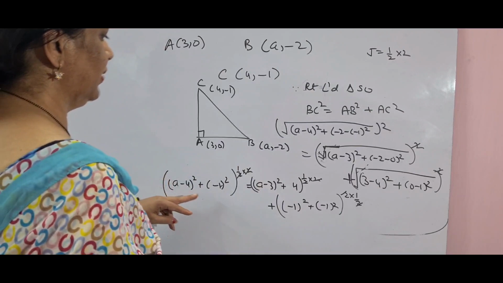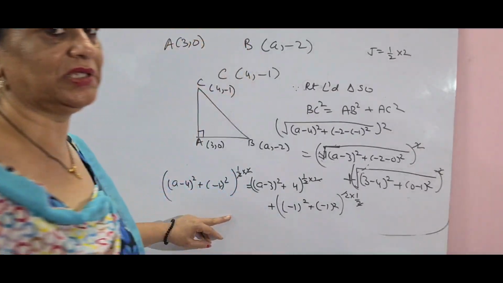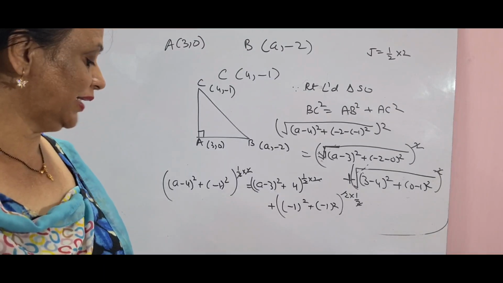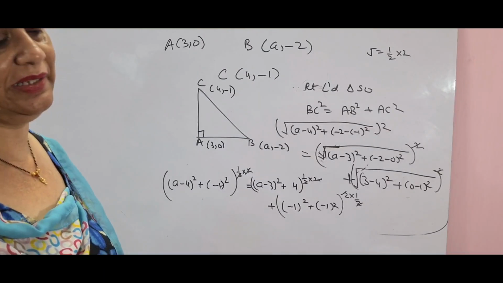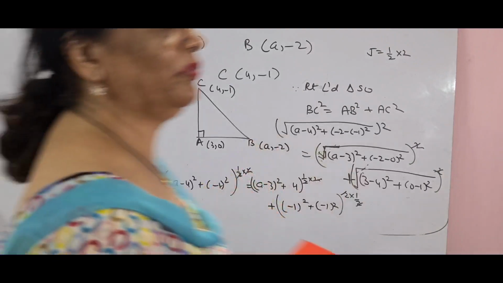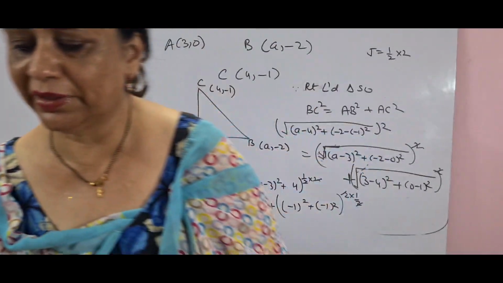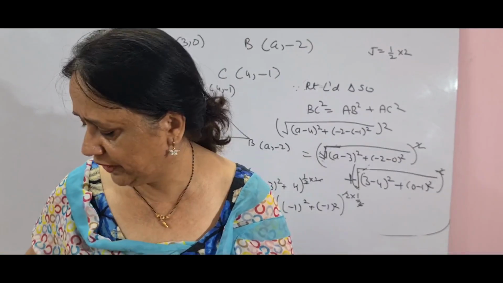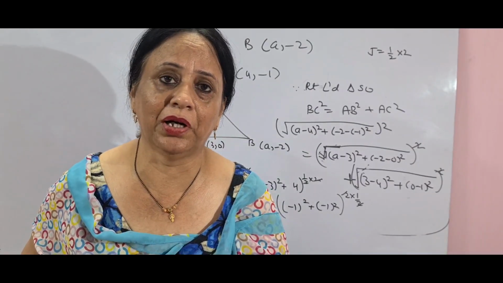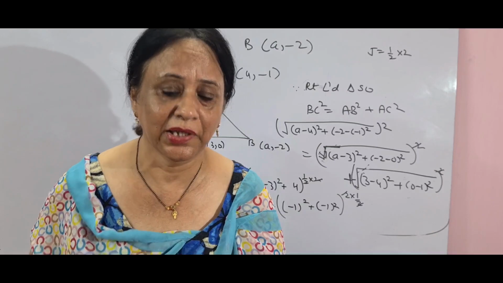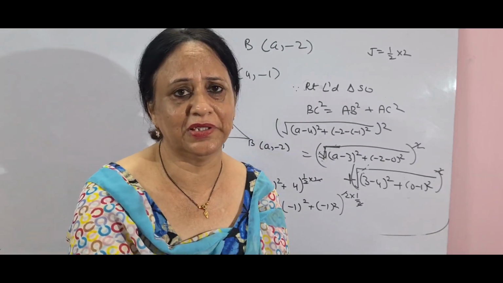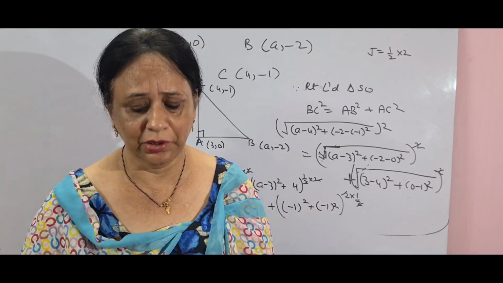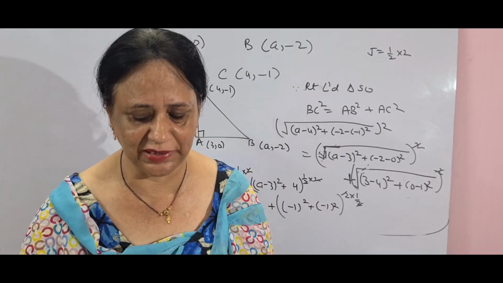Be very patient with these calculations, children. If you do these calculations nicely, trust me, this chapter is very easy, especially for the children who find maths a little difficult. And remember that this chapter forms the base of the distance and section formula of chapter 10 of ICSE. So none of you can leave this chapter, and it is very easy also. Do your best, and remember your teacher is always with you.